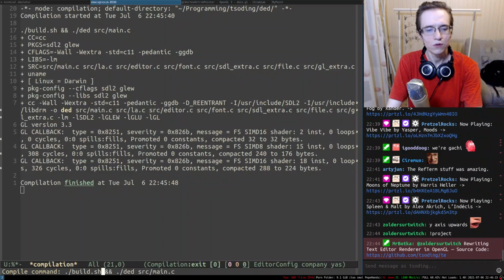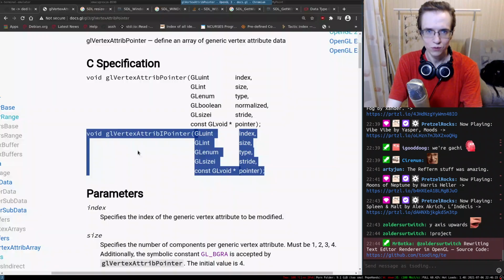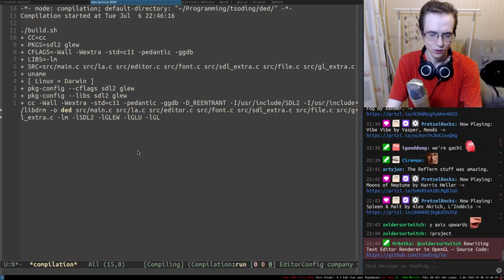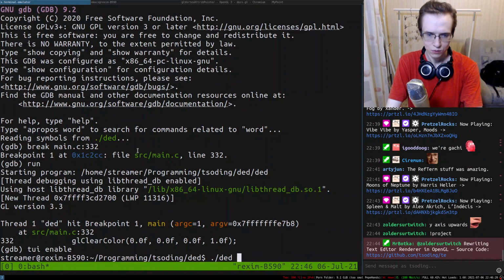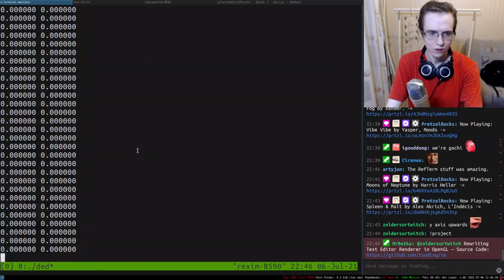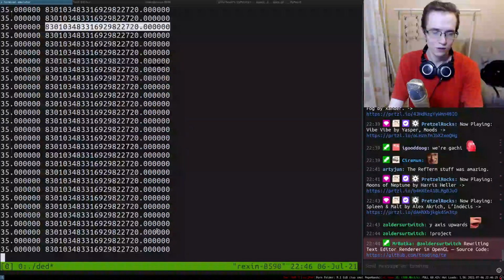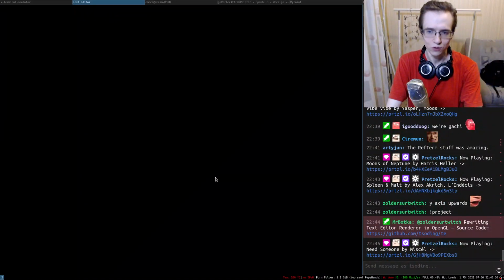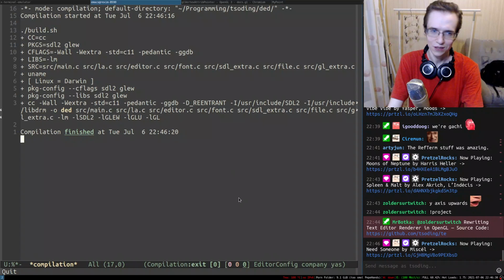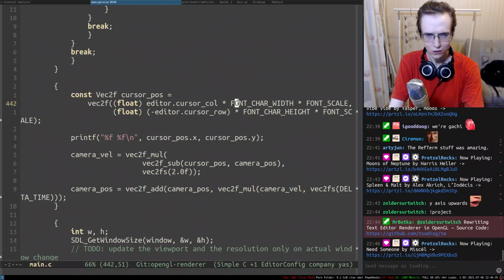We'll need to rebuild this entire thing, but I don't want to run it from Emacs because Emacs is a pretty slow terminal emulator. So I probably want to do it somewhere here, right? And if I go down, okay, this one is interesting. Oh, something overflow. Okay, that's pretty cool. Thank you so much.